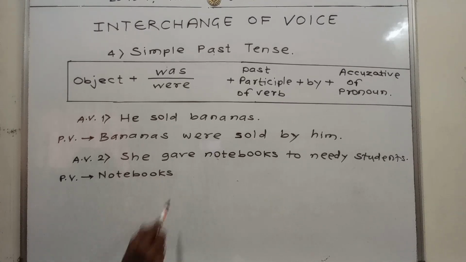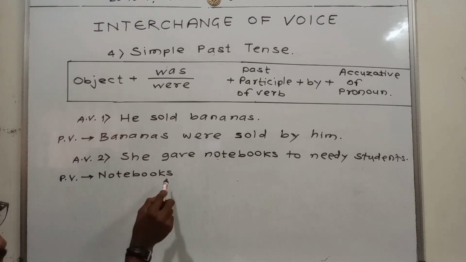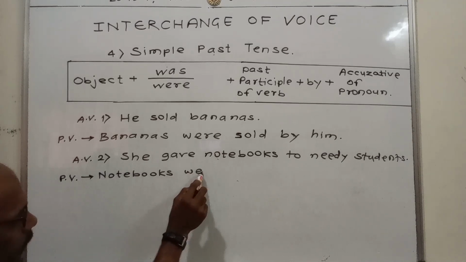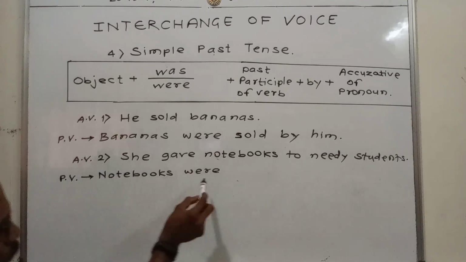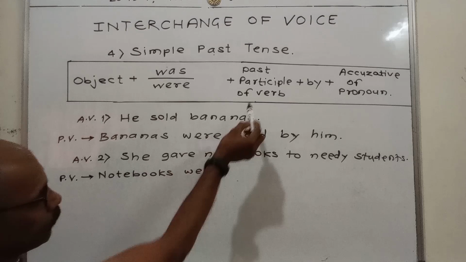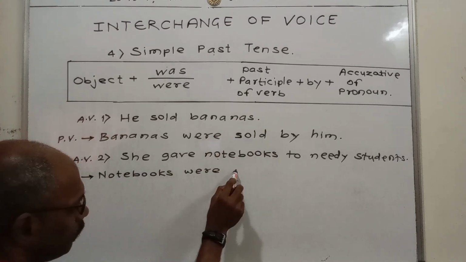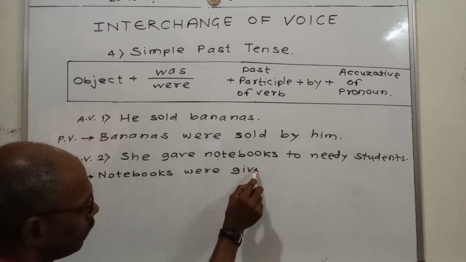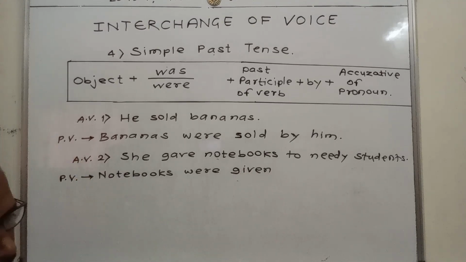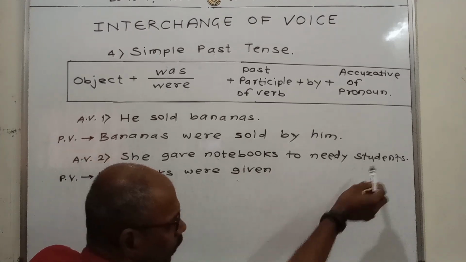Notebooks. Notebooks, plural. So we write here were. Notebooks were. Then what is past participle of verb? What is here? Given. Were given to the